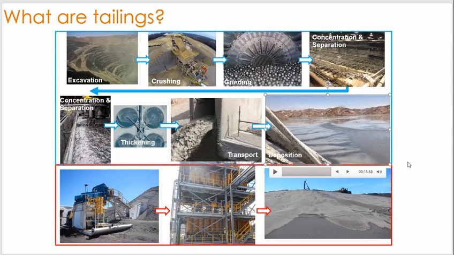The dams can be raised by a variety of materials, and in some cases, the dam is actually built out of the coarse-grained portion of the tailing stream. In this case, the tailings are sent to what's called a cyclone station, where it's basically spun around or centrifuged, and the smaller particles stay in suspension as the material spins, and the heavier, coarser particles drop out the bottom, and that material becomes